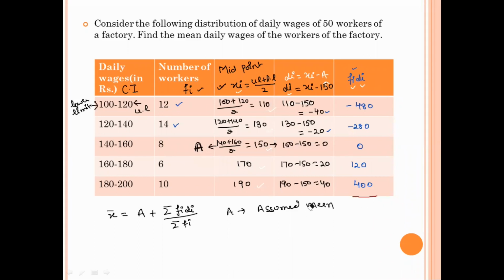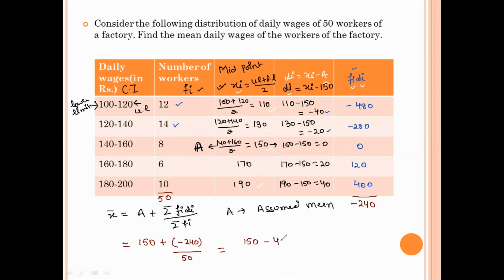तो अगर हम ऐड करें ये सारी वैल्यूज तो हमारे पास वैल्यू आ जाएगी -240. तो a की क्या वैल्यू ली थी हमने, a is 150, plus summation is -240, and frequency, total number of workers are 50. अगर आप फ्रीक्वेंसी ऐड करोगे तो ये 50 होगी। ओके, सो डिवाइड बाय 50. तो वैल्यू क्या आ जाएगी हमारे पास, सो 240 डिवाइड बाय 50 is